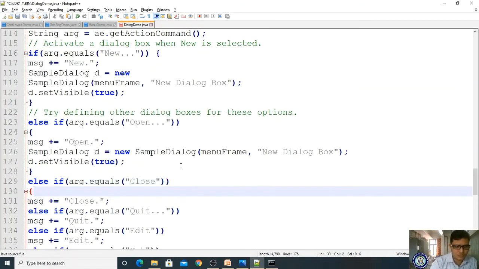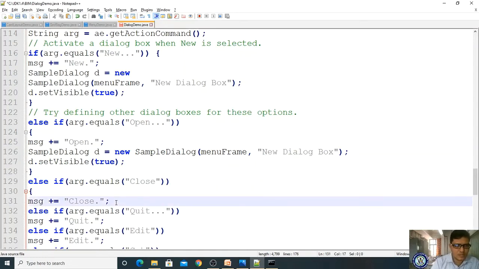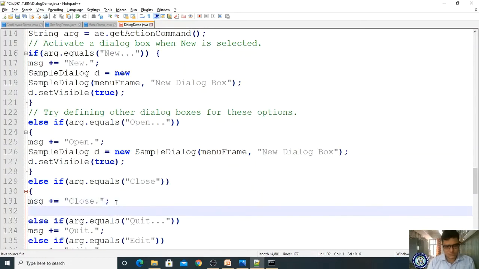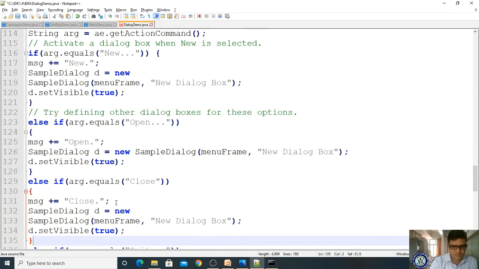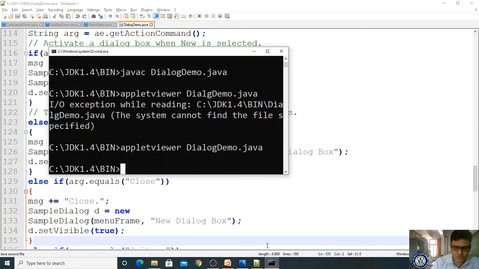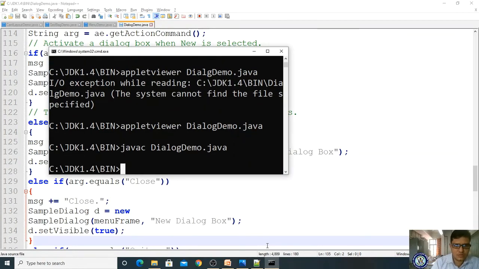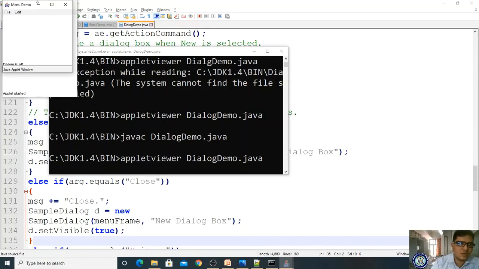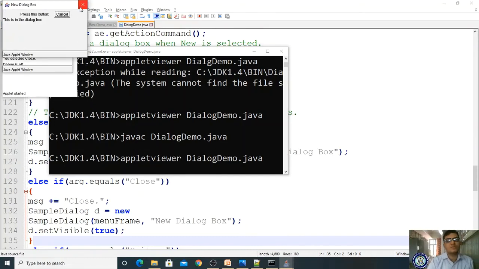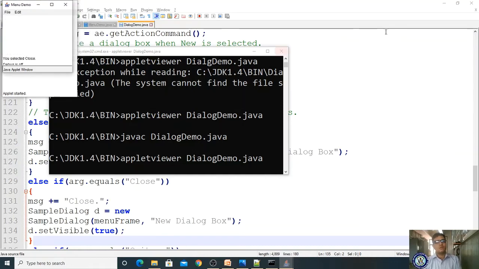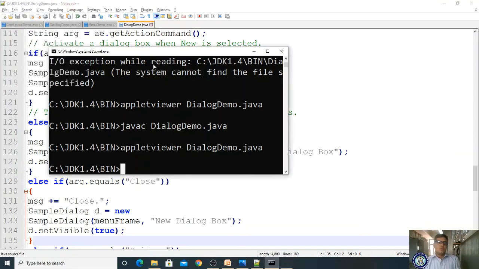I have to modify this with code. Okay, all are acting as a new dialog box. Now come here, compile it, run it, and if you click the close button, the dialog box will appear. Likewise, it may be possible. Okay, yes.